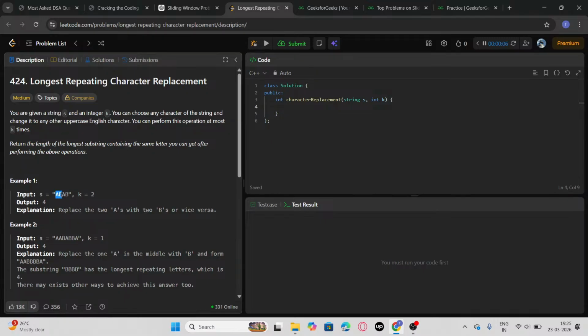But I think that if the distance between two same letters exceeds k, we can come to a new letter and then go until we find another same letter and move in a window of k. So if the start and end are the same in a window of k, then we can return the size of the window. No, not k is equal to 2. If the start and end are the same in a window